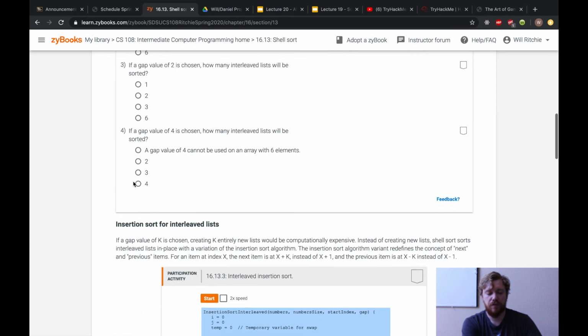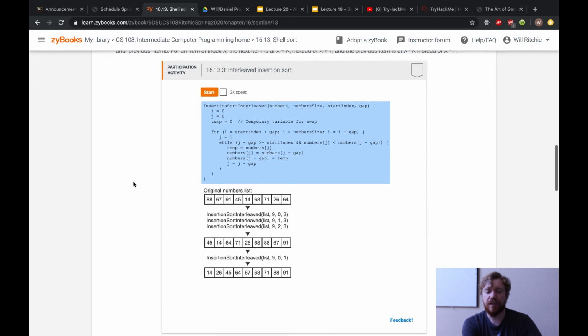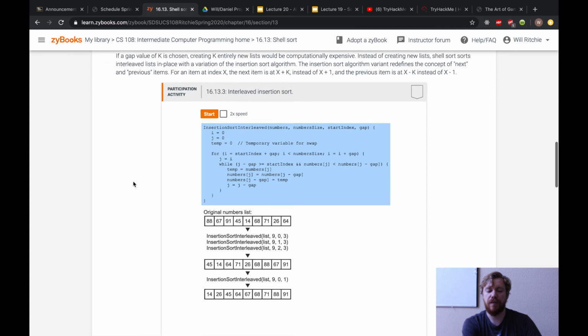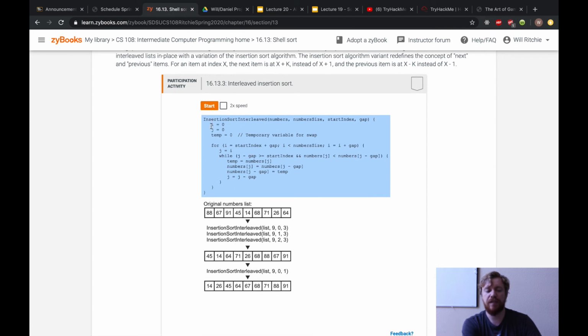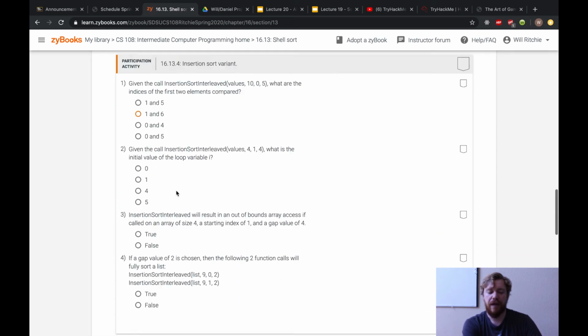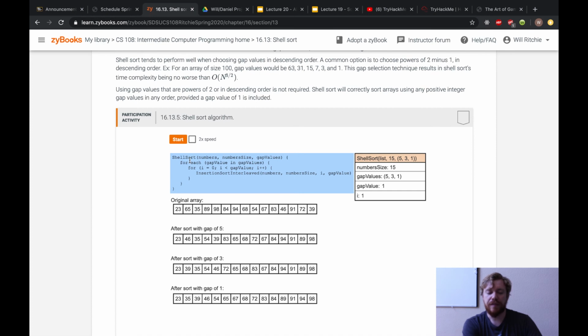So if we scroll down here, we can actually look at some of the code. It's fairly complex, but you can see here, this is the insertion sort that's slightly modified for interleaved lists. It's going to look very similar to the original insertion sort algorithm. And then if you look further down, you can see right here,